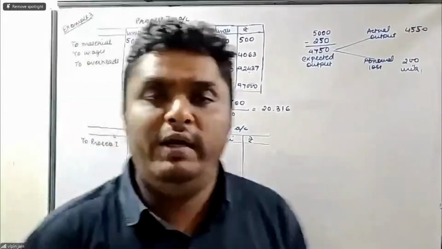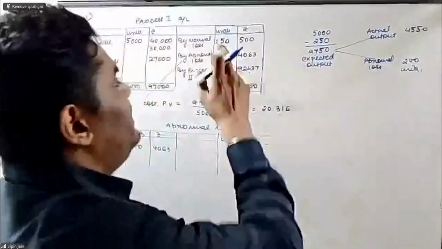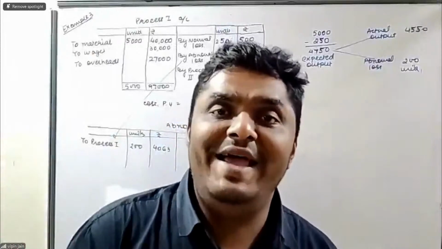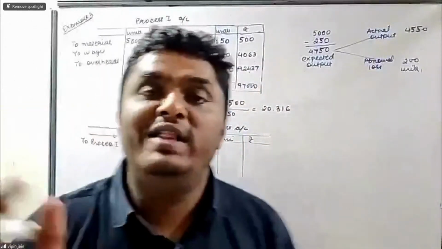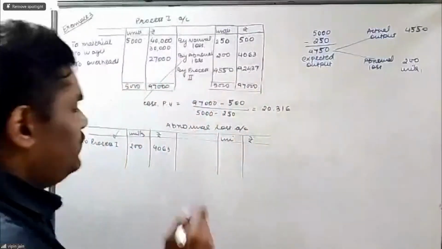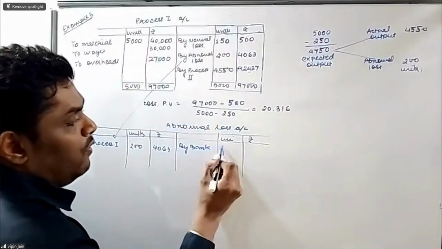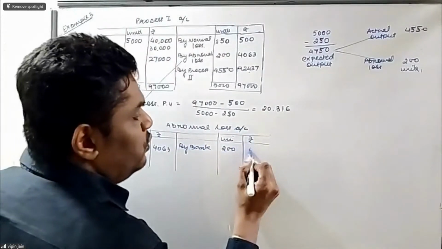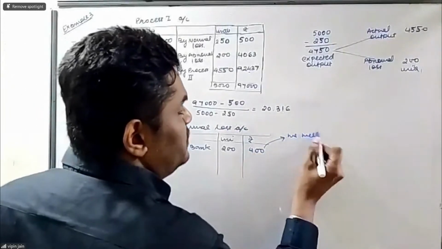Now, very important, see the normal loss units, that is these 250 units, are sold in the market at the rate 2. So just like normal loss, these 200 units will also be sold in the market at the rate 2. This is what we have to assume. We will assume